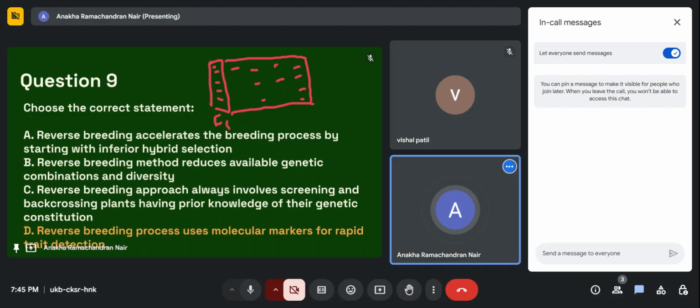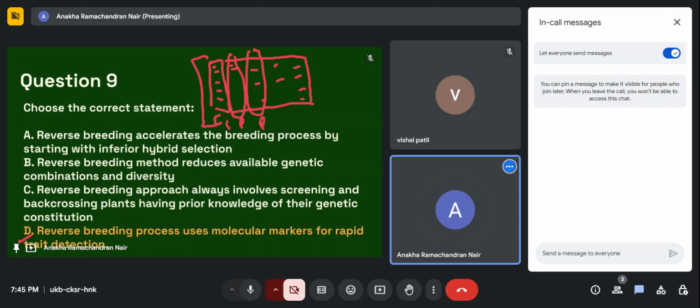Okay, so you use these molecular markers to choose two plants, maybe this and this. Okay, so you are choosing this as parent 1 and this as parent 2, and you perform doubling of the chromosome, so that when you end up crossing this, you end up with this F1 hybrid, right? So the correct answer in this case is reverse breeding process uses molecular markers for rapid